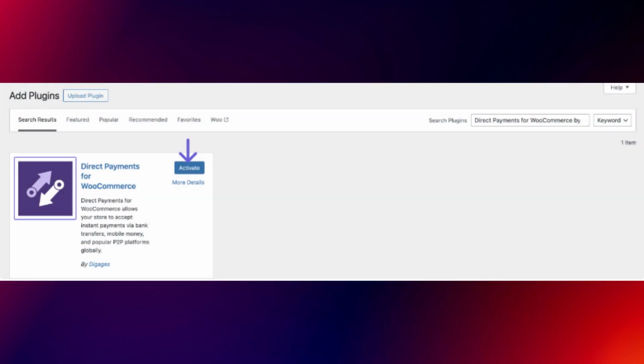Step 1. Install and activate Direct Payments for WooCommerce. First, you need to log into your WordPress admin panel. Once you're in, go to the left-hand menu, click on Plugins, then select Add New. In the search bar, type Direct Payments for WooCommerce by Digiges. When it shows up in the results, click Install, and once that's done, click Activate to enable the plugin on